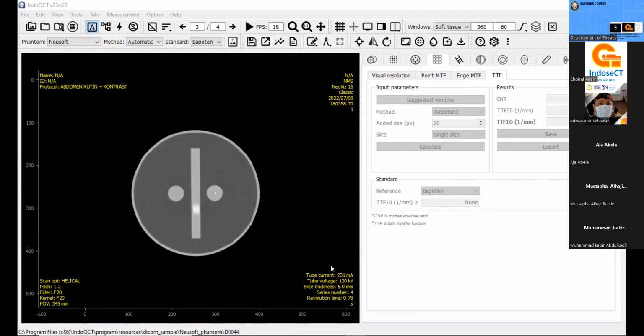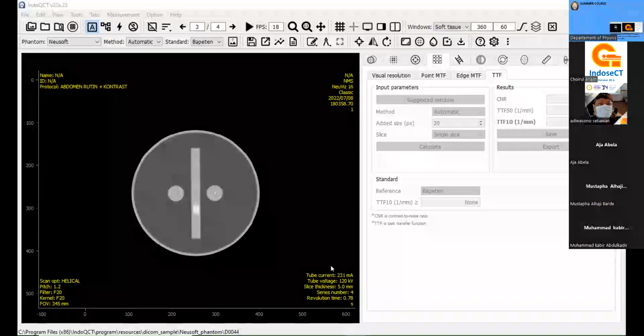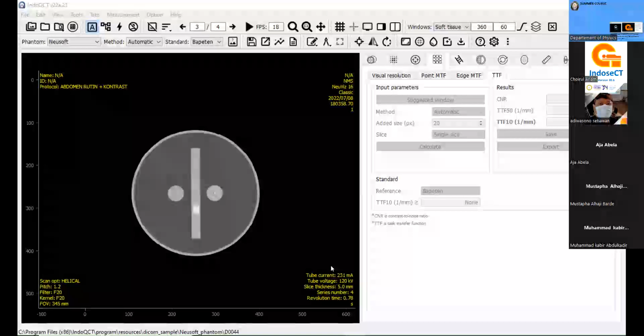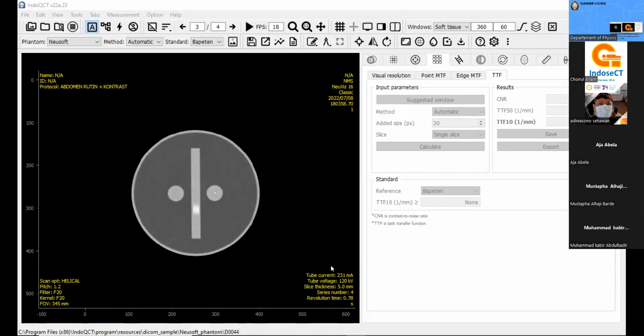In Indonesia now, for measuring spatial resolution, Bapeten, the agency, only states using visual observation, and if any, please use point MTF. This is enough. Yeah, I think the TTF is very new and maybe needs more time to be implemented in the clinical setting, I think.